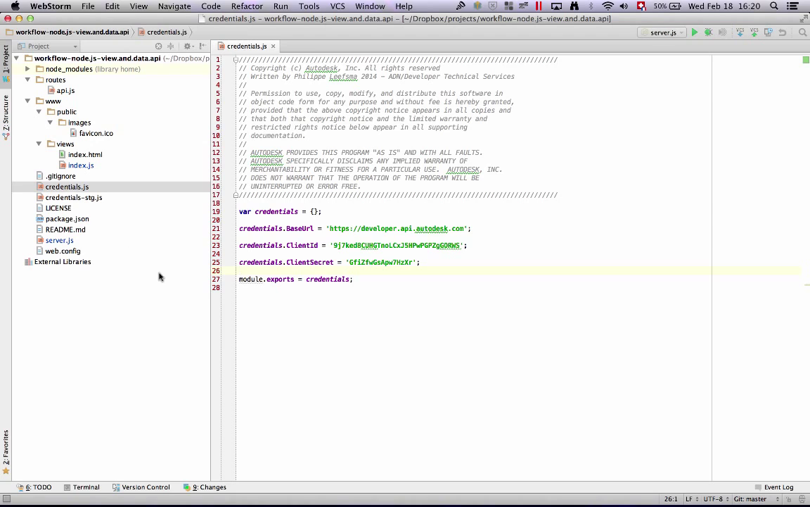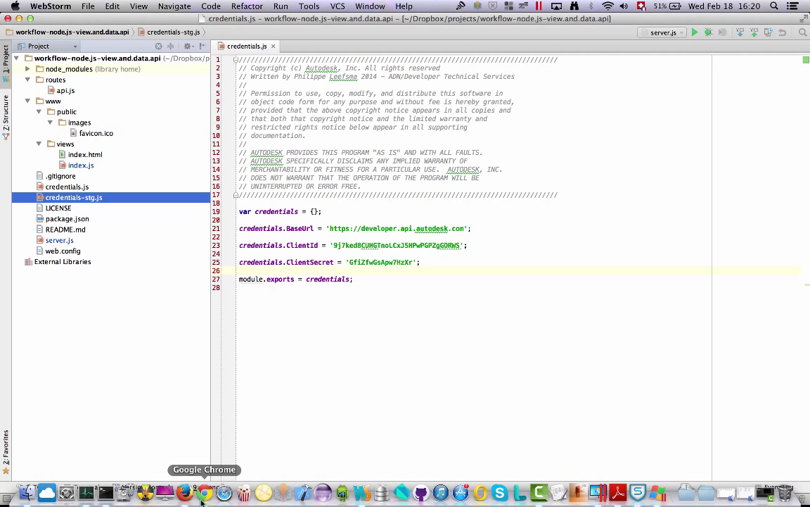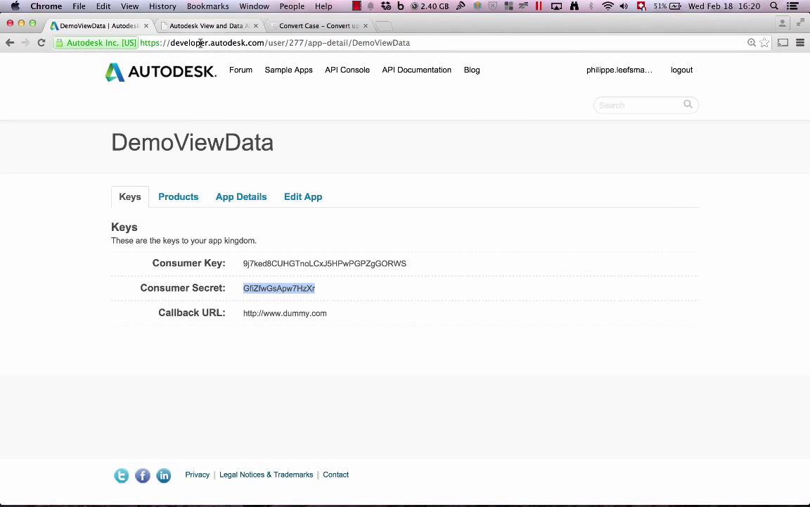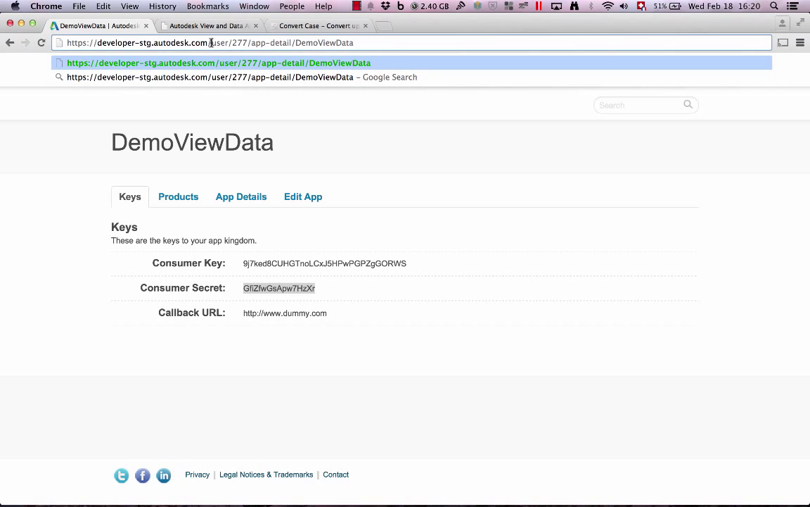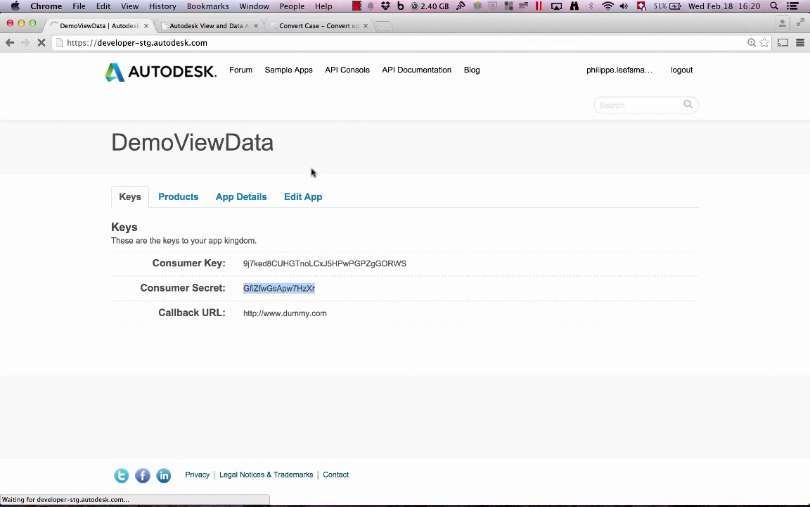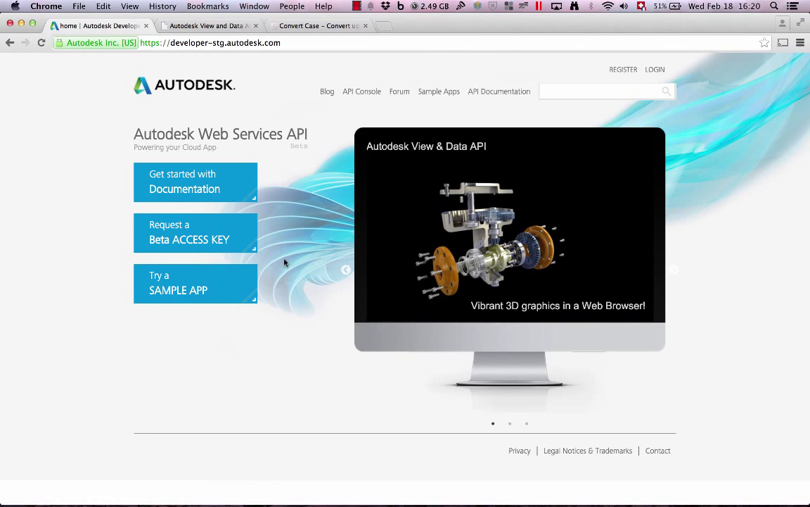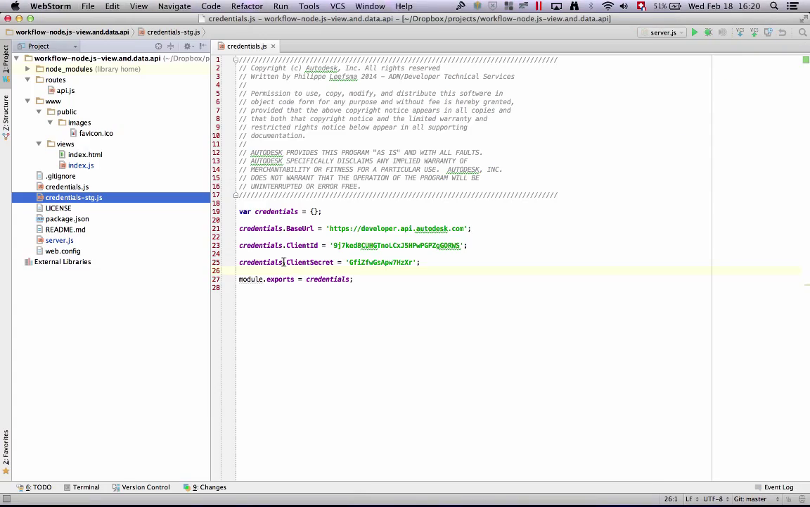Okay, in case you need to test the viewer in staging, you can test the staging version of the viewer. So that's the version that is used for testing, and the only difference is that you have to append not developer.autodesk.com but developer-stg.autodesk.com, and that will take you to the same page, except that it is a staging version. So you have to request a different pair of keys for staging. That's just what it is. So let's get back to our sample. So I fill up the credentials for production, and I'm going to show you the content of the